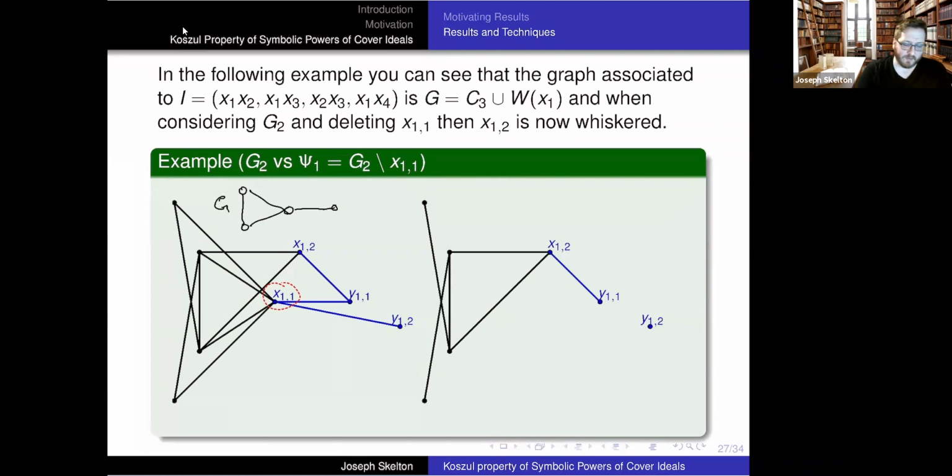And then if I delete X11, I delete some extra edges, which introduces Y11 and puts a leaf on X12. And this will just continue down the line. Basically, X11 connects to Y1K, and then they just go back and forth to each other as you go up in index.